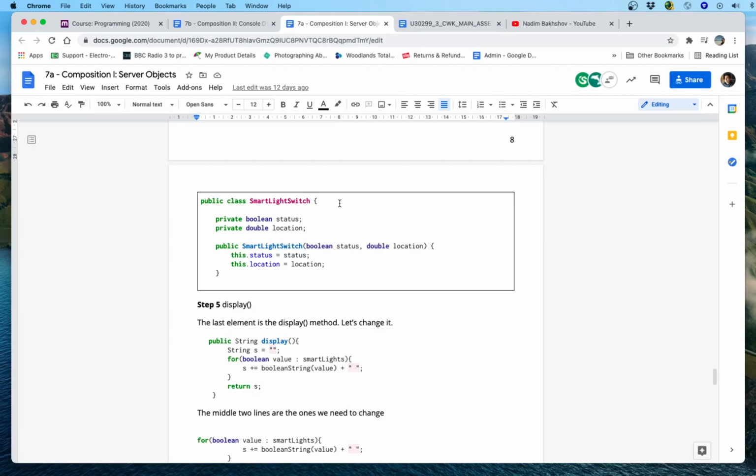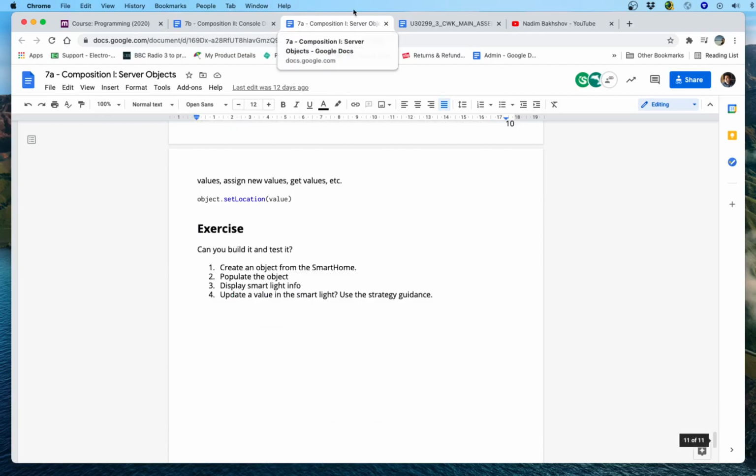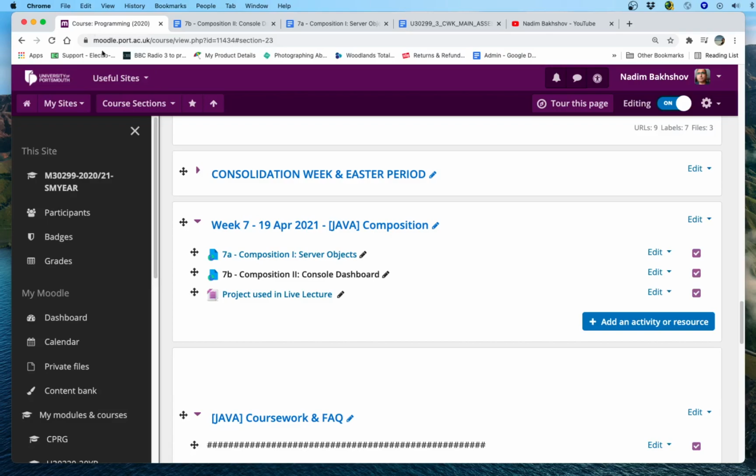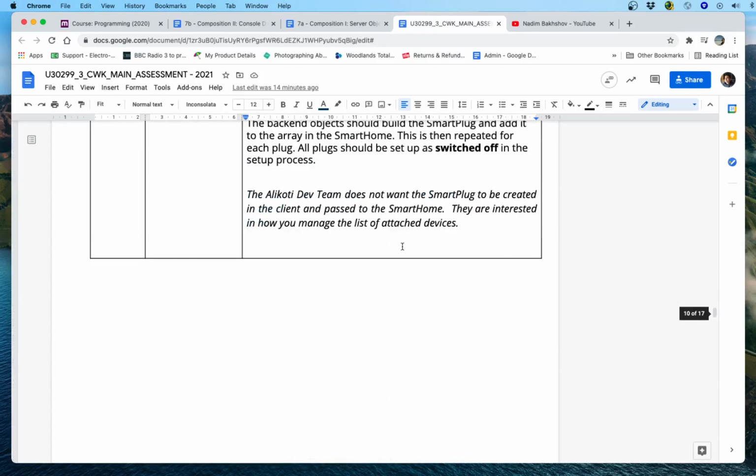I'm not going to spend much more time because I'm sure you need more time just to get your head around it yourself. But week 7 and week 7A and 7B plus the project use might be an easy starting point for you to refactor, rename, and get started with your coursework. Okay, so very finally,